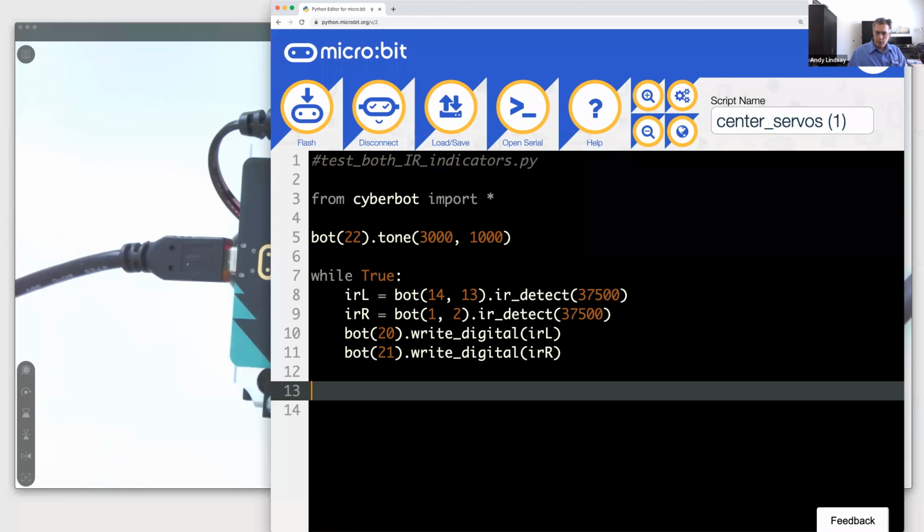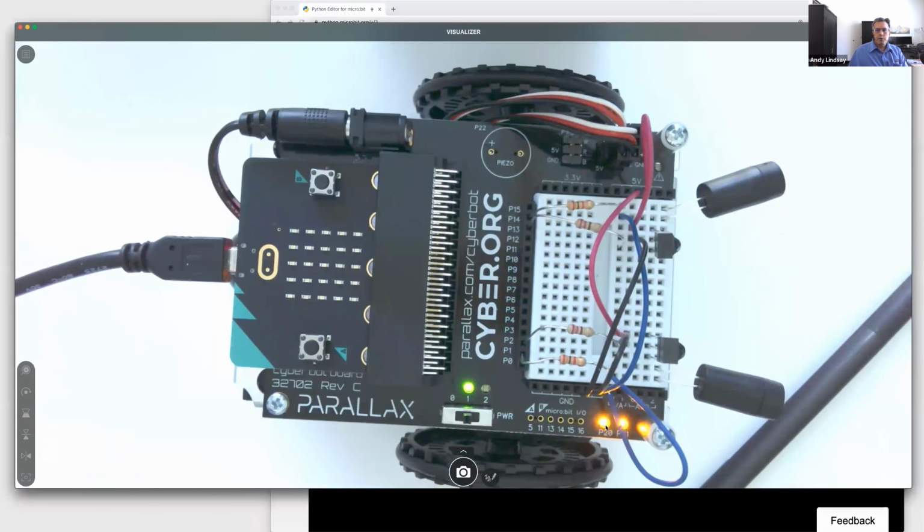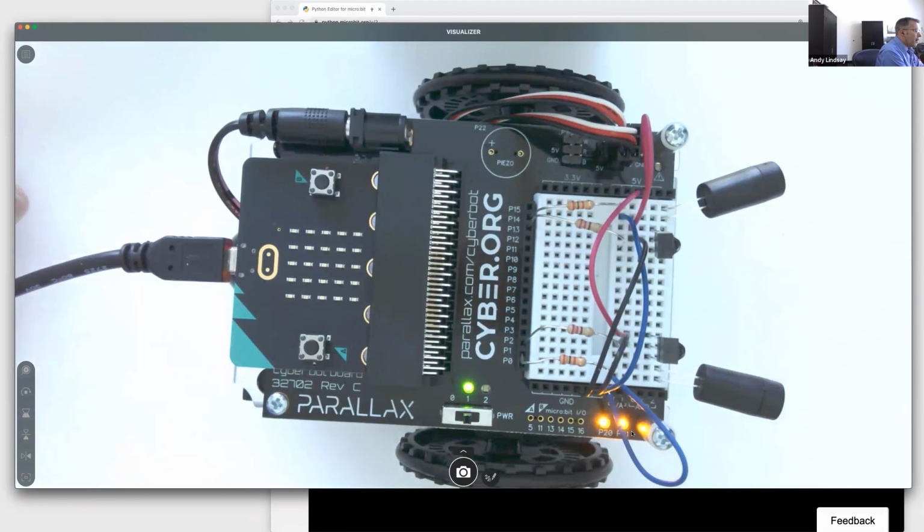Okay, so back to the problem of the P. Was it the P20 light or the P21 light that was staying off for you? And then Susan has the P21 doesn't go out. Okay, so for the P21 not going out,